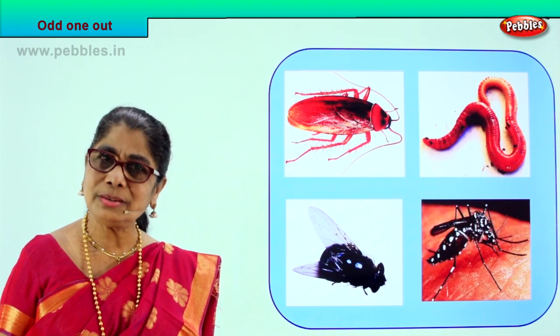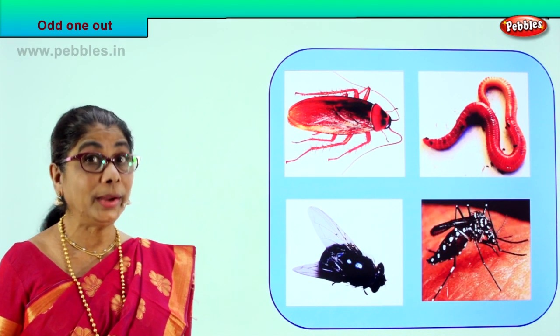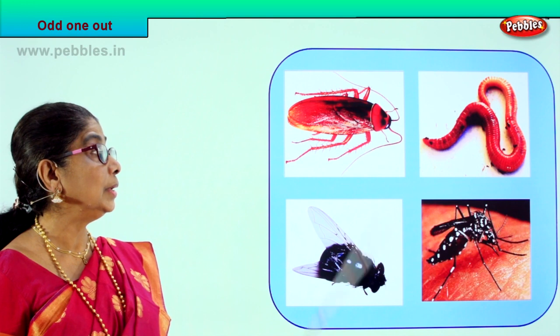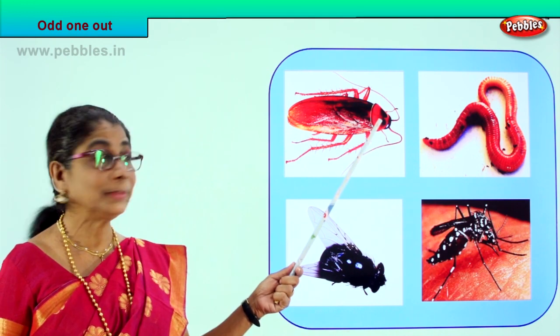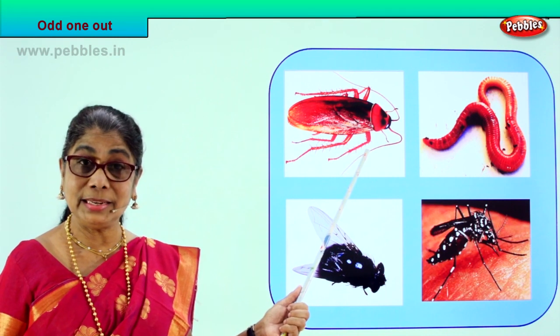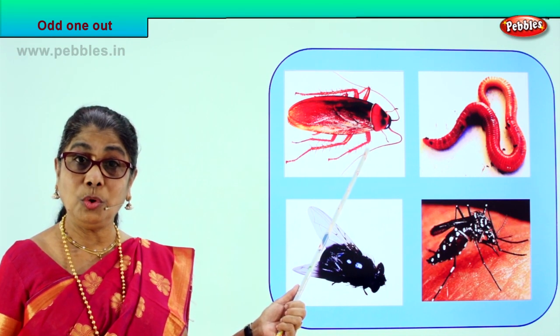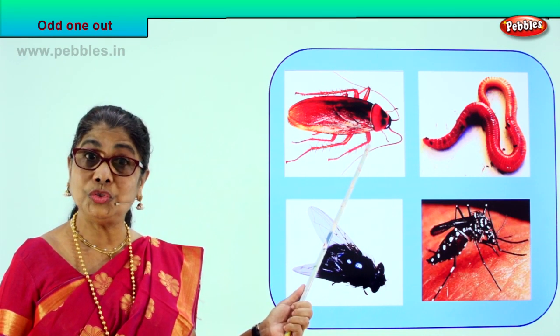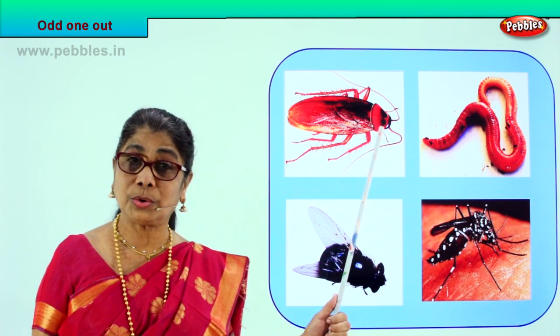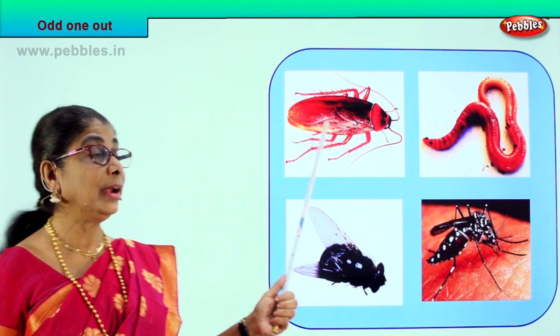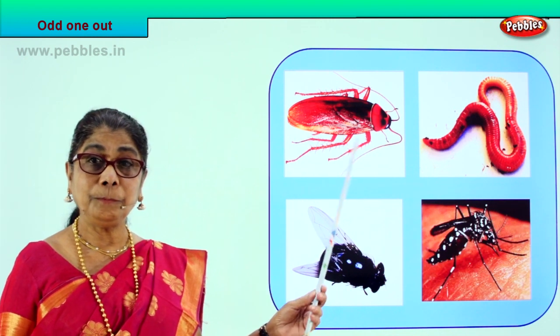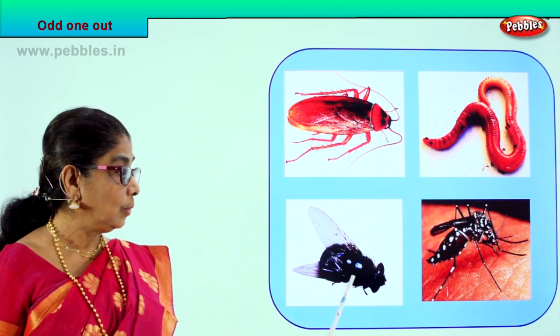Shall we take another exercise? Another picture. Find the odd one out. Good. Look what we have here. What is this? You're scared of this, isn't it? It's in your house all over. Cockroach. Very good. What is a cockroach? It's an insect. Beautiful, bright red cockroach that comes frightening you, isn't it?